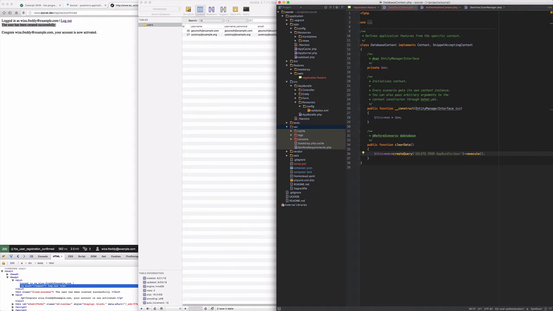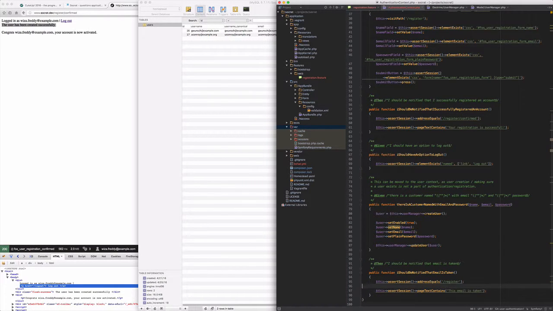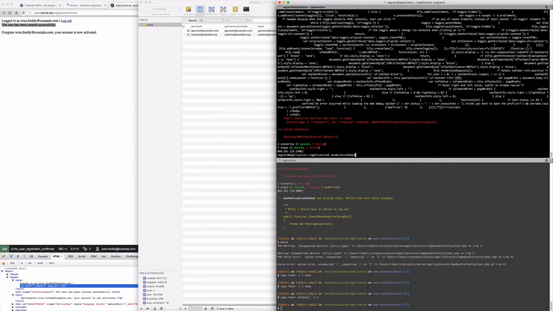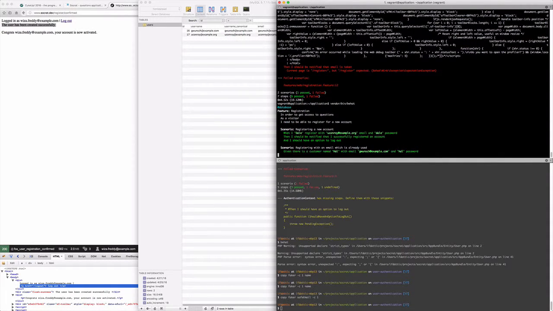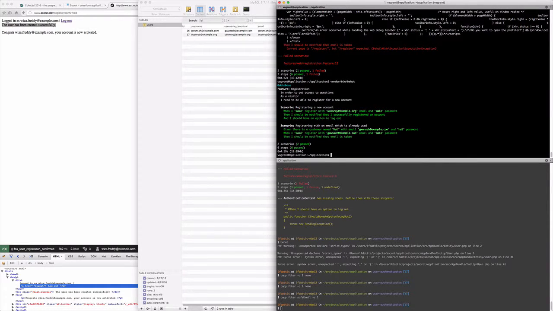So, go back. Message is fine. And yeah, let's add the slash at the end. So it would actually be fine too. Let's try this. And it is passing, so we are kind of done with registration scenarios, and if needed we can